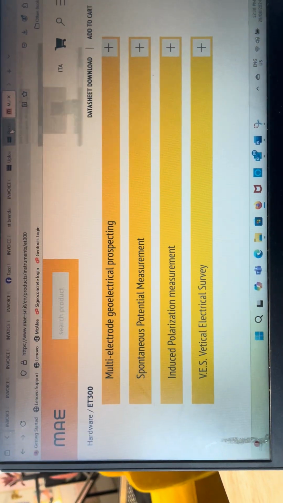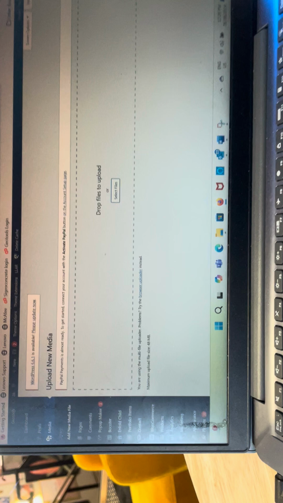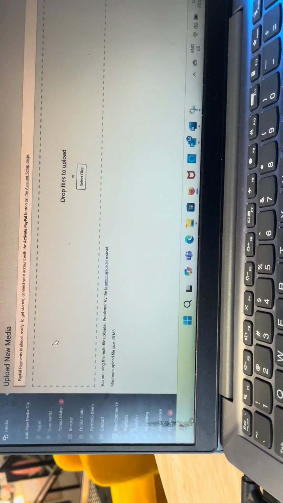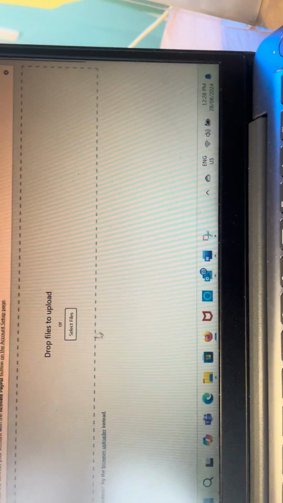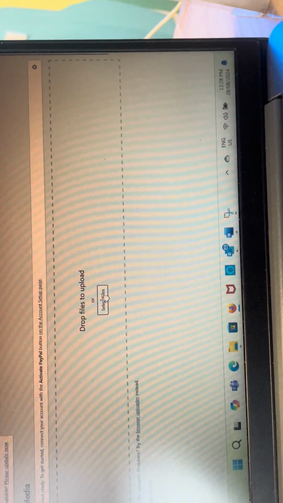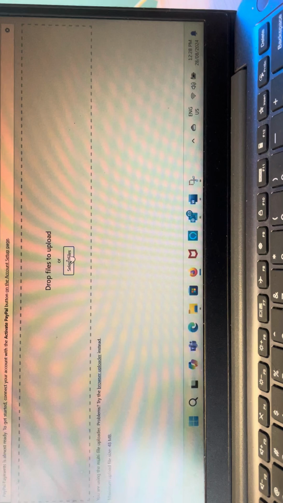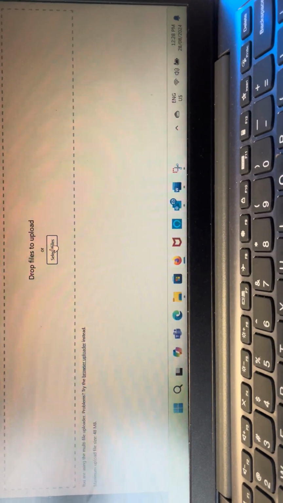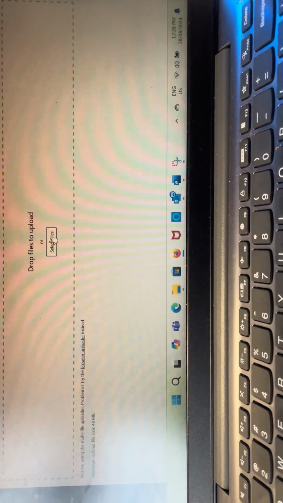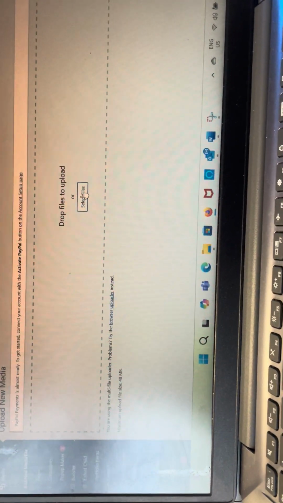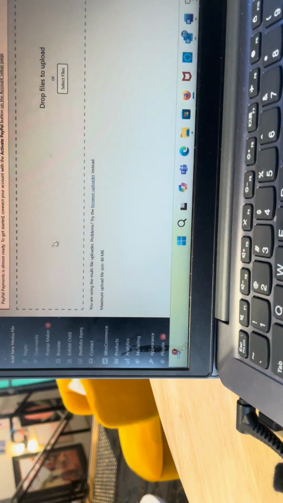So go back to GeoTools in the dashboard here. This is how you add the product. Just to refresh you, you click on that to add media, the photos of that product, all of them, into the media folder. So we finished that. So this is how you add the product. You come up here in the dashboard,